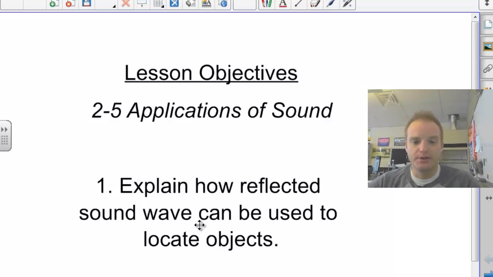Today, guys, what we want to do is be able to explain how reflected sound waves can be used to locate objects. So, how we use them as humans, man-made ones, and also how animals would use this idea of reflected sound waves. And kind of the simplest way to think about how we use reflected sound waves, think about